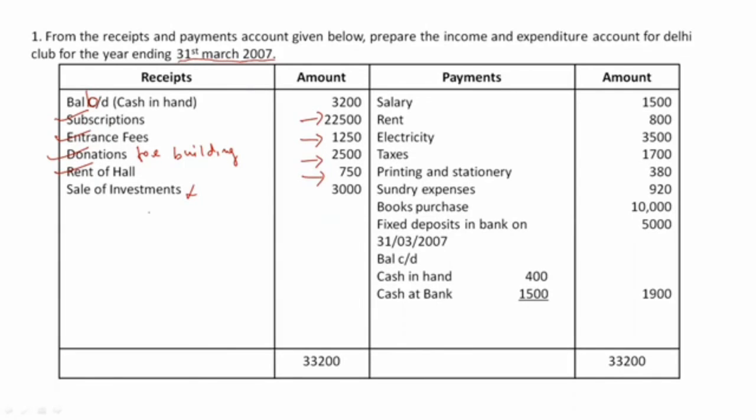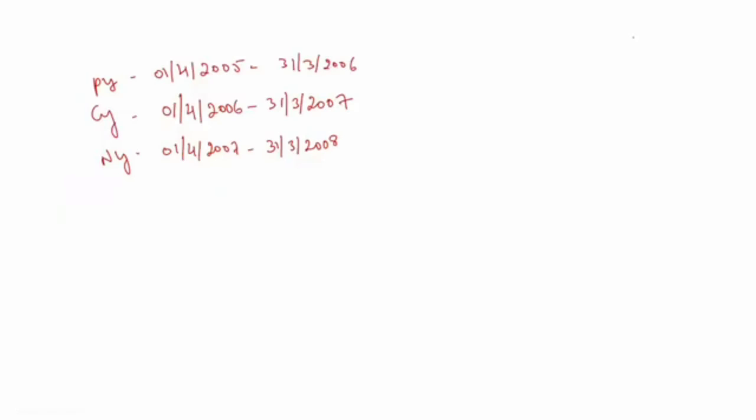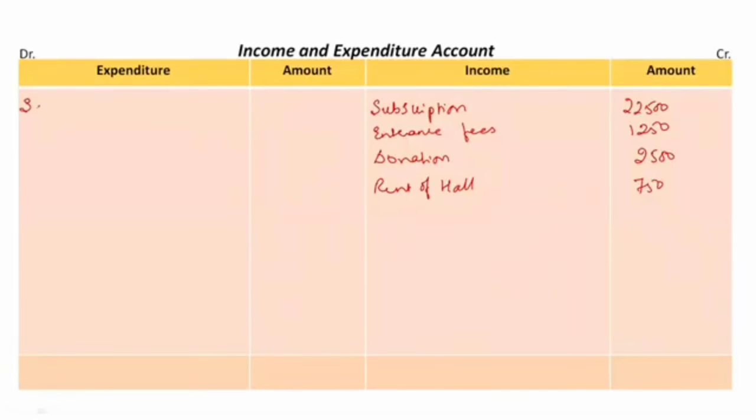In future coming questions, when we prepare the balance sheet, we will take this item in the balance sheet directly. Clear? Just leave it. Now everything on the receipt side is completed. Now let's have a look at the payment side. In the payment side, the first item that we have is salary, rupees 1500. So we know that we have to provide salaries to our employees every month, right? So that is obviously my revenue expenditure. It is my revenue item, so I will take it now in the expenditure side as salary rupees 1500.